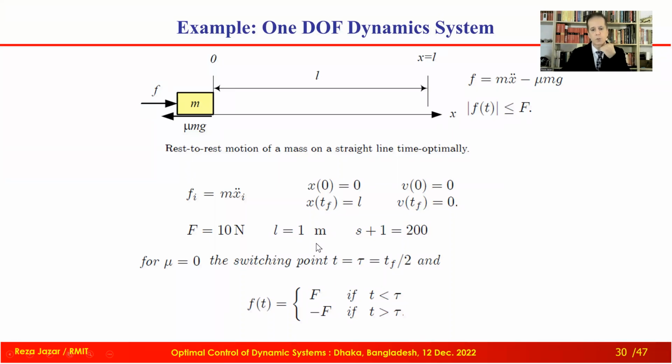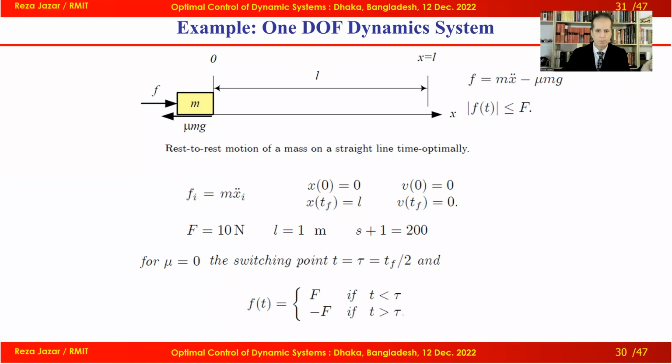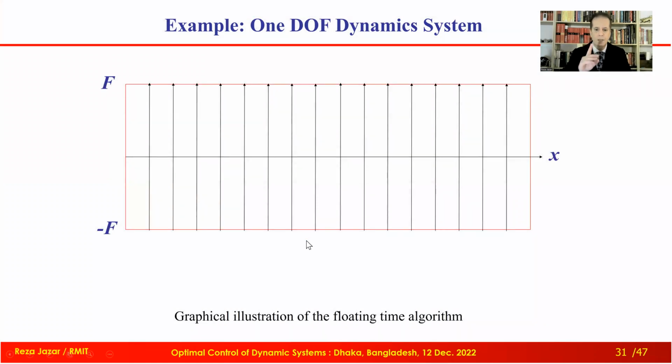The curve that I'm going to show you is based on 200 increments, but the mass is 1 kilo, and maximum and minimum force is 10 Newton. What else? Rest to rest condition. And this is the algorithm. Let's take a look at this animation that I explained the method. So this is the beginning value and end value. On the vertical axis is the value of force input. The horizontal axis is the path, x. I'm moving one-dimensional, no friction.